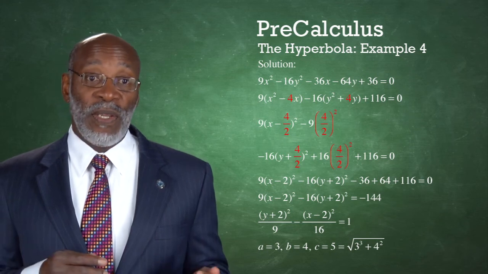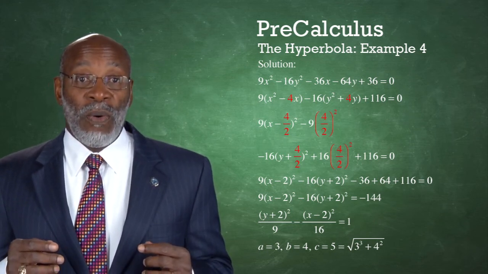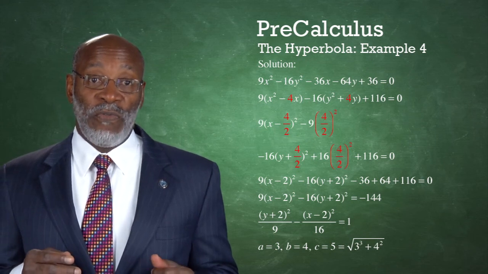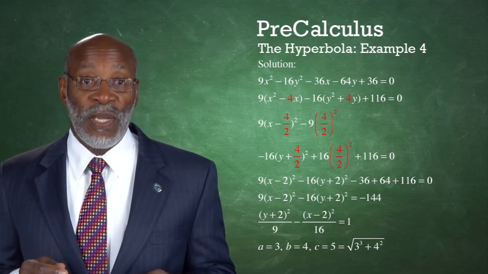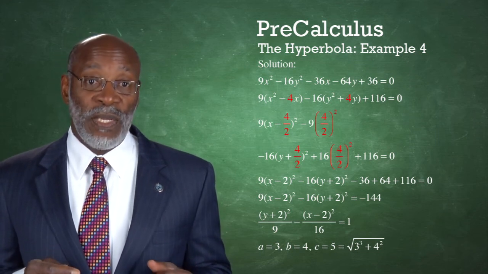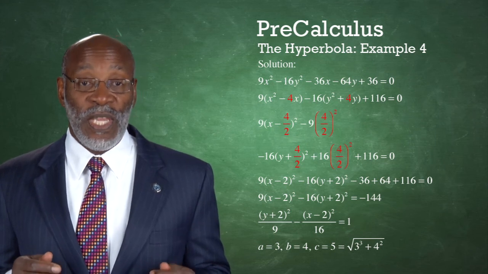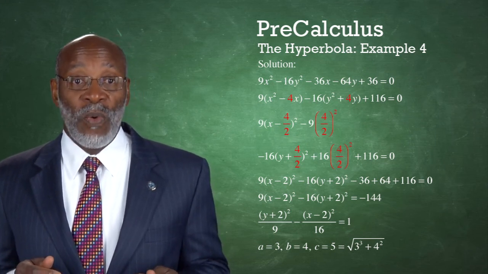If we divide all terms by minus 144, we get (y plus 2) squared over 9 minus (x minus 2) squared over 16 equals 1,